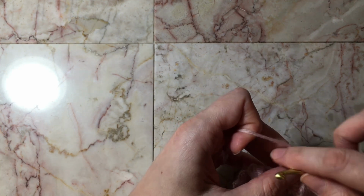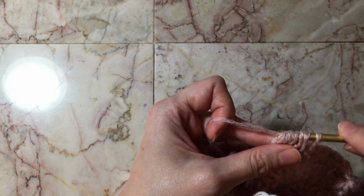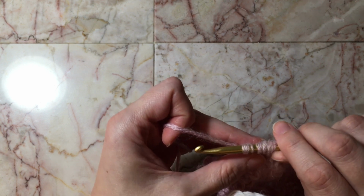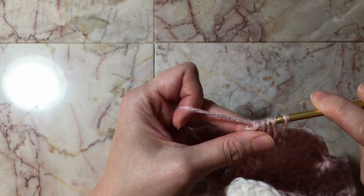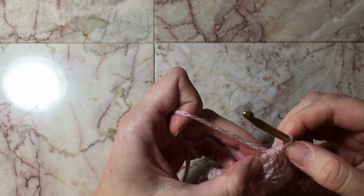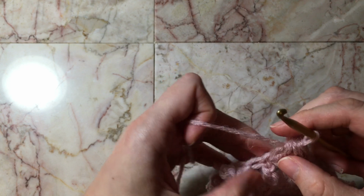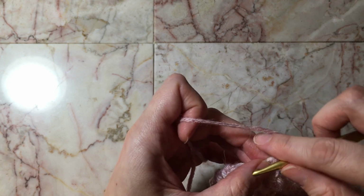So we're doing the last one, so we're going to yarn over and pull through. Okay, now we have 5 loops on our hook. Now we're going to yarn over and pull through all of these loops. Okay, now see how I pulled this up a little bit to make this on our hook a little bit bigger. Okay, now we are going to do a single crochet,